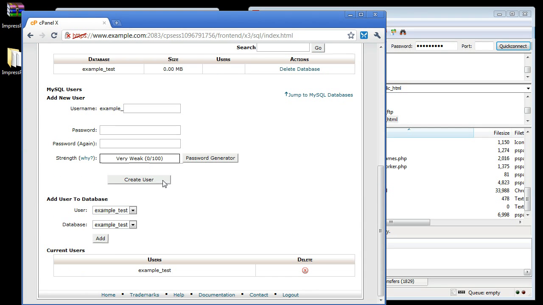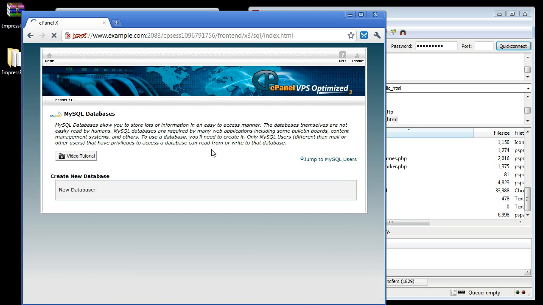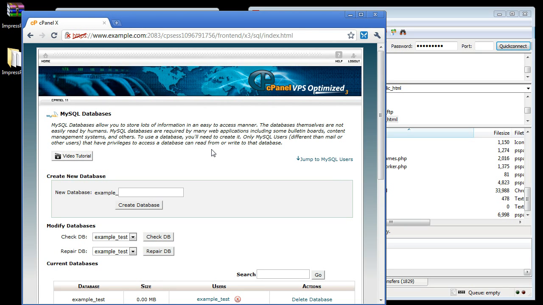Now, the last step with the database. I need to add that user to the database. Select all privileges. So now I have the database, the user, and have added that user to the database. I'm done here. I'm logging out